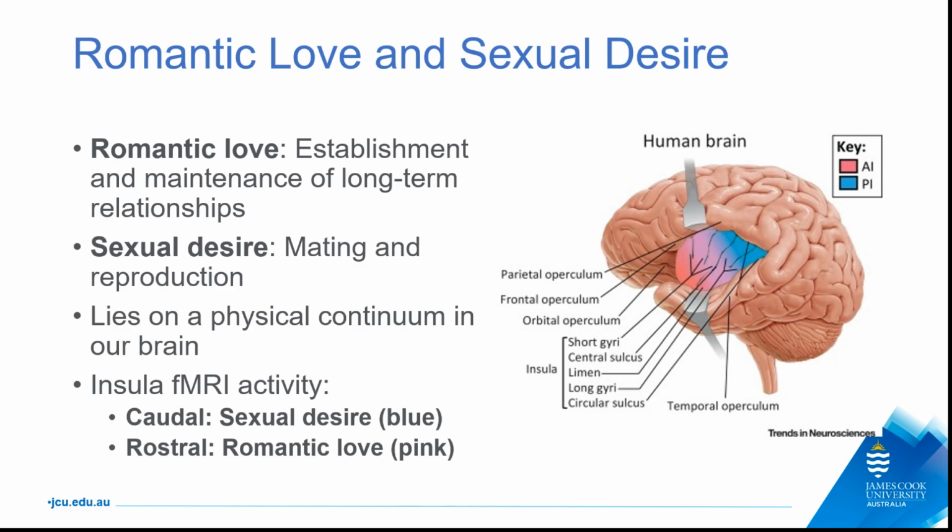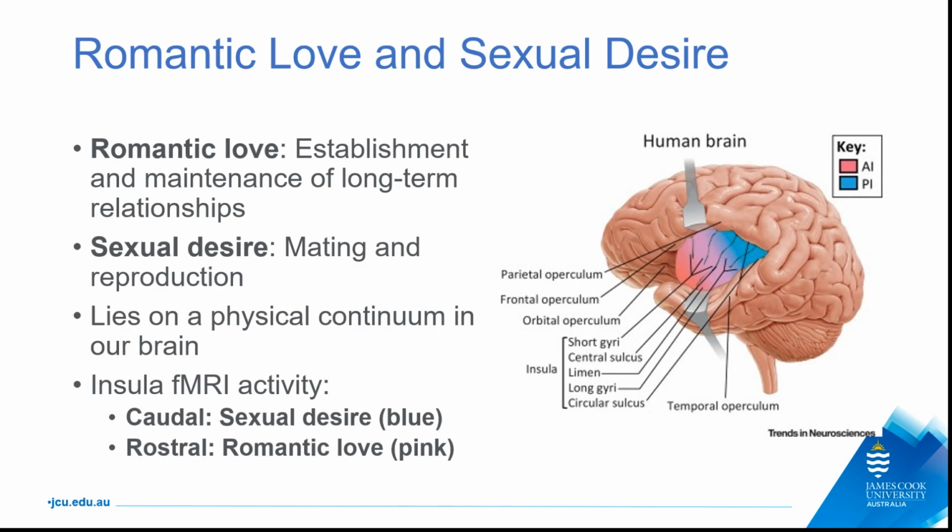And believe it or not, we do have different parts of the insula. You can see the insula as an internal cortex lying embedded within our neocortex. The frontal, rostral region is involved in romantic love, and the caudal posterior region is involved in sexual desire. So the rostral region is kind of preferred. If you want to find someone who is more loyal to you, you need to look at his brain and see whether the rostral regions are activated.